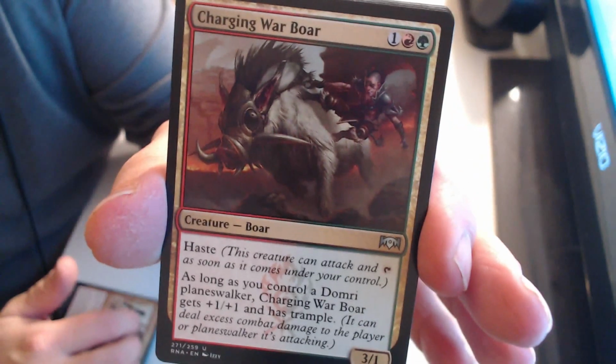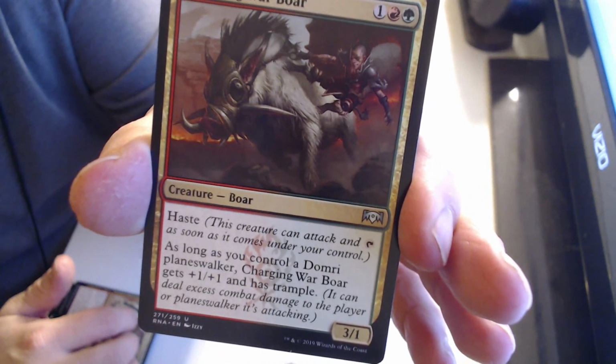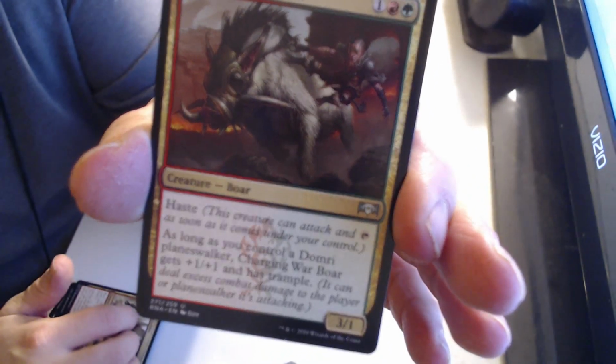We have a Charging Warboar. So 1 red and green for a 3/1 with haste. As long as you control a Dovin Planeswalker, it gets +1/+1, and it also gets Trample. So 3 of those. We have 4 Gruul Guild Gates. So they enter the battlefield tapped. Tap for either green or red. And we have,